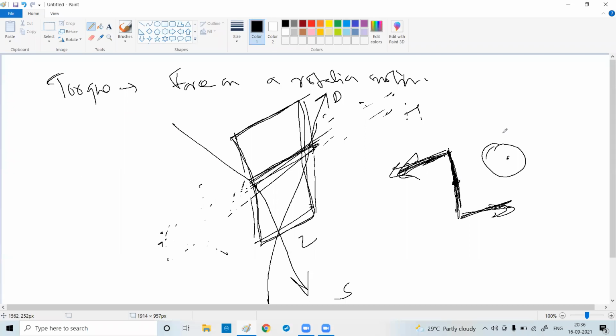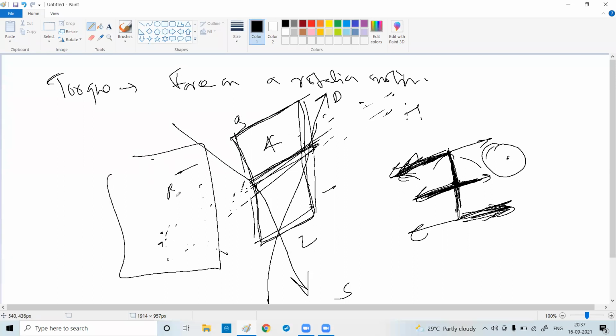That means, what is torque? Torque is basically rotating force acting in opposite directions. That's called a couple. Here you are applying a force and here also applying a force. If both forces are applied such that the line of action is one, the pen will not move. But if the line of action is here and this line of action is here, and I'm applying in both opposite directions, then this pen will rotate. So here the cardboard will rotate. Maybe this will come this side, this will come that side. If one side is A and the other side is B, it will become B and the other side will become A. This will rotate.